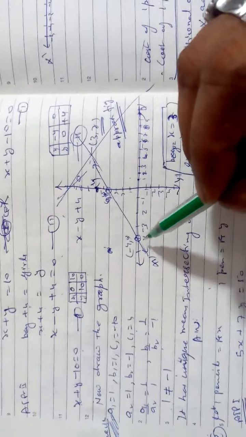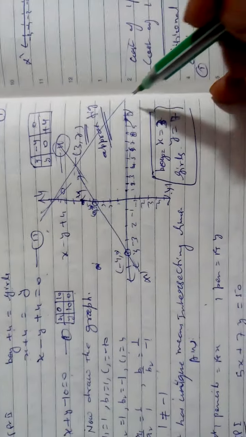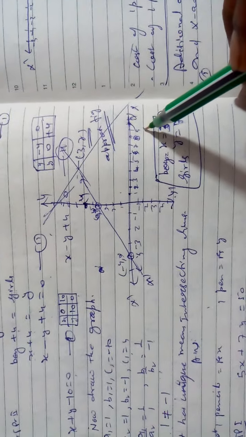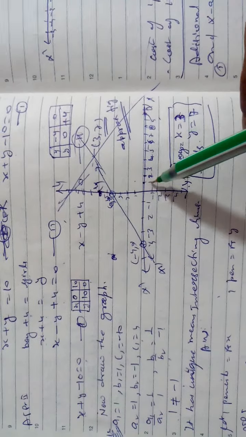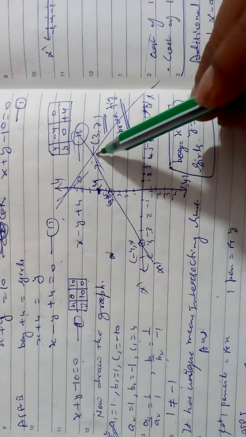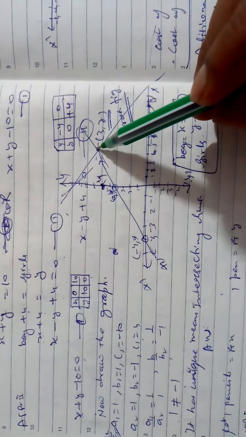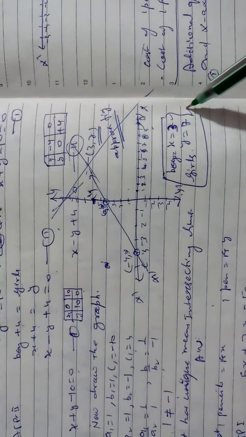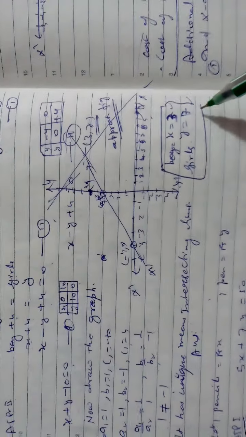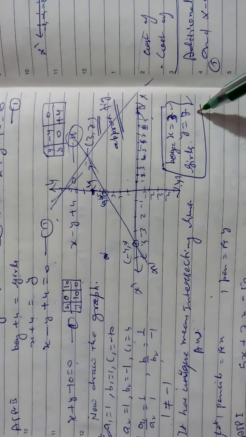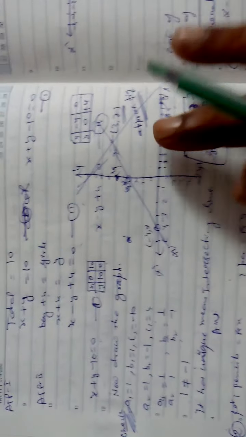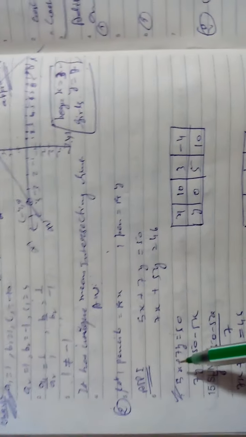So you will see, plot the graph. First you draw x and x dash, y and y dash. It is very important. Then I have taken half a centimeter. The graph I have told you in the previous lecture. So here I am getting 3, 7 as the intersection point. Both the lines are intersecting at 3, 7. So 3 is the value of x and 7 is the value of y. So the number of boys will be 3 and the number of girls will be 7. It is an approximate figure I have drawn, not an exact figure. Exact measurement I have not taken in this. In the other I have taken.